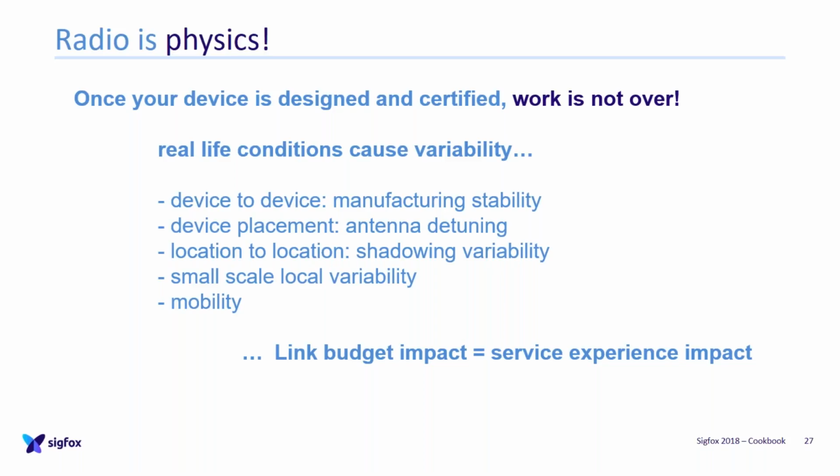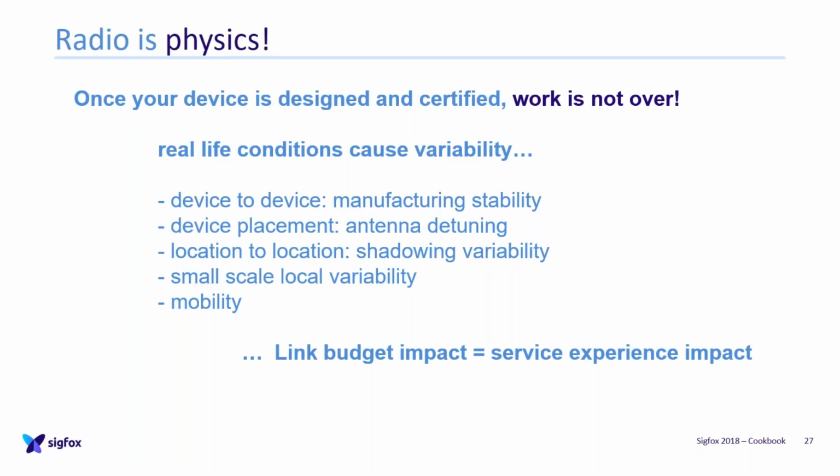Everything that is related to the device placement and the antenna detuning, which is a huge cause of reduced service experience in the field. And on the other hand, everything that is related to normal channel behavior, radio behavior, so shadowing, multipath,